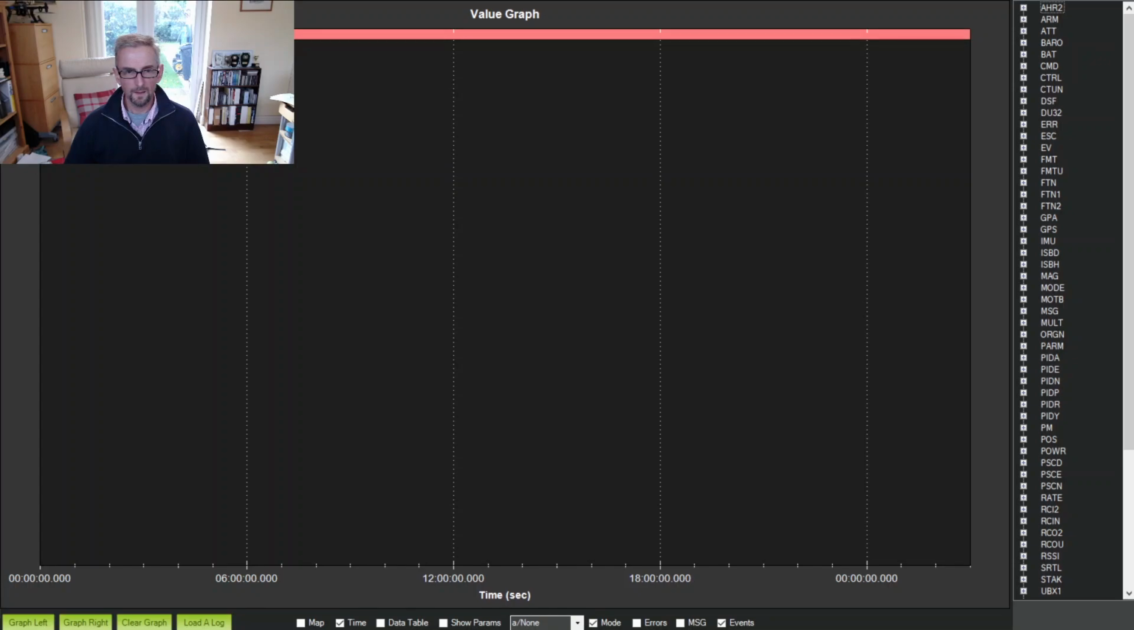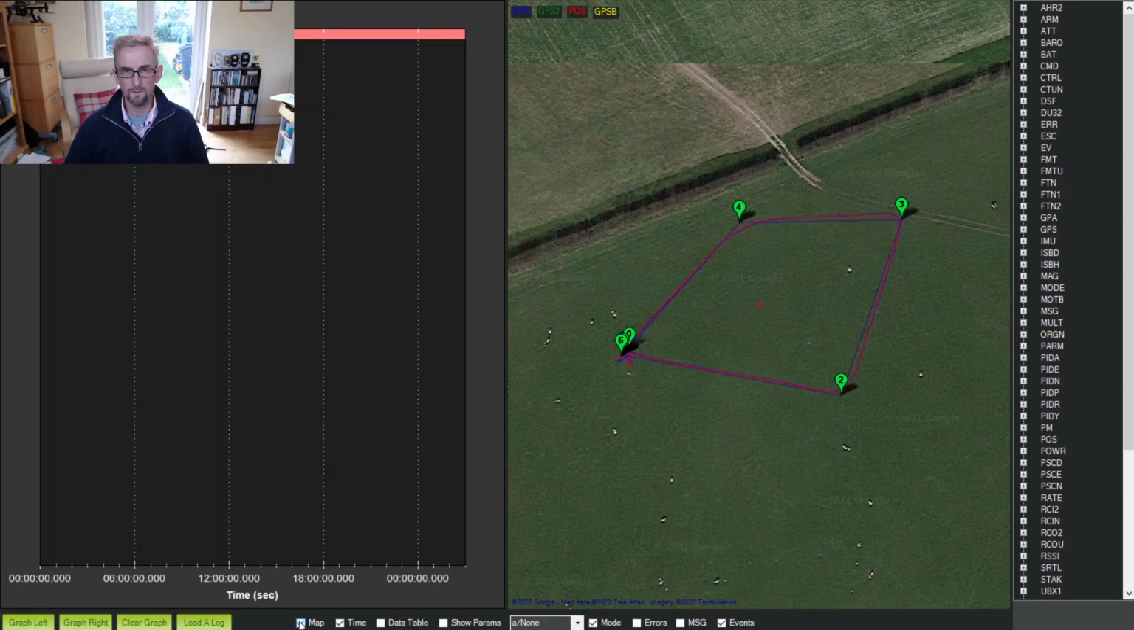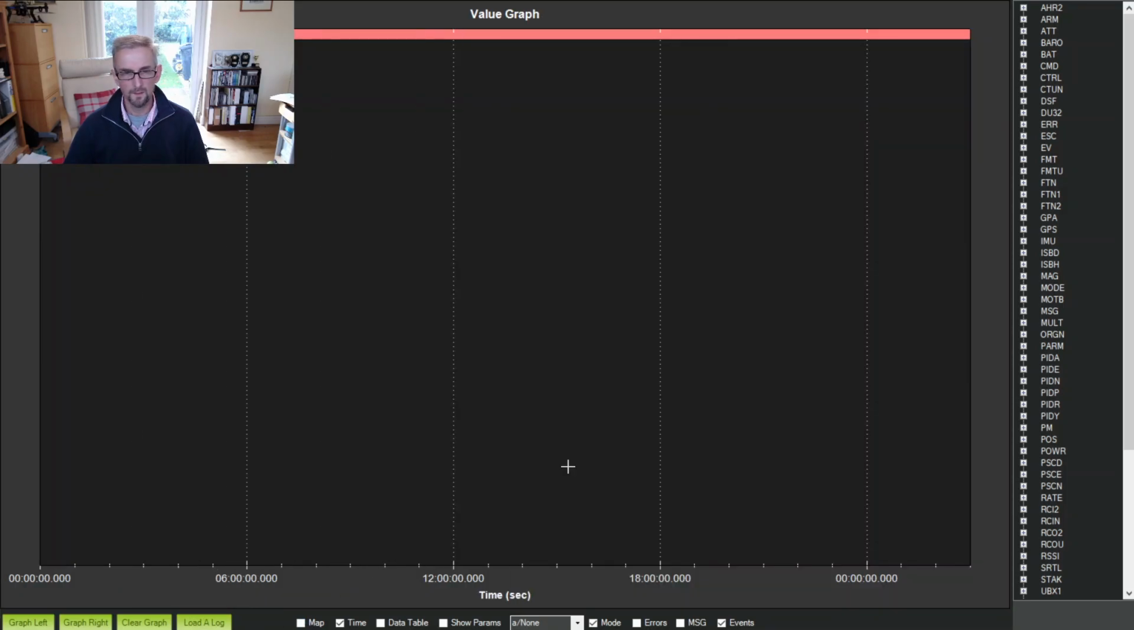So I've got the log here, as you can see in the window, and if you remember, I could just bring up the map just so you can see. I did this mission where I'm flying essentially a square pattern: waypoint, takeoff, waypoint, waypoint, waypoint, back to home. And now the interesting thing about this is